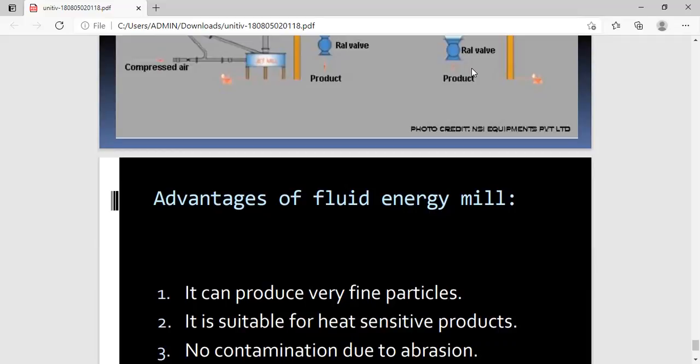If we are using primary crushing, secondary crushing, and tertiary crushing, that is 3 stages of crushing, we can take the product from an initial size of about 1.5 meters to a size of something like 6 mm or 5 mm. So that much crushing can be achieved through 3 stages known as primary, secondary, and tertiary crushing. Once we need to reduce further, up to 100 microns or so, we take it into the wet process, that is by milling.